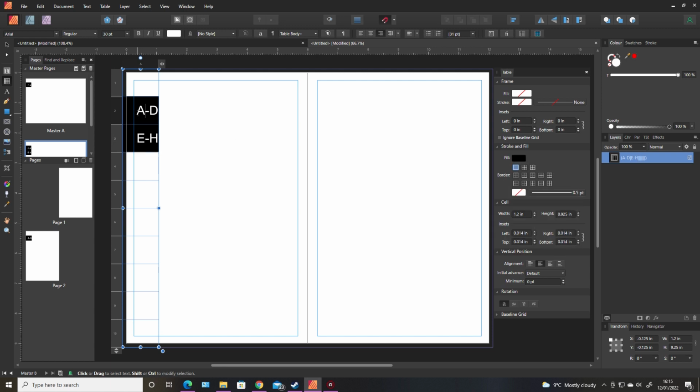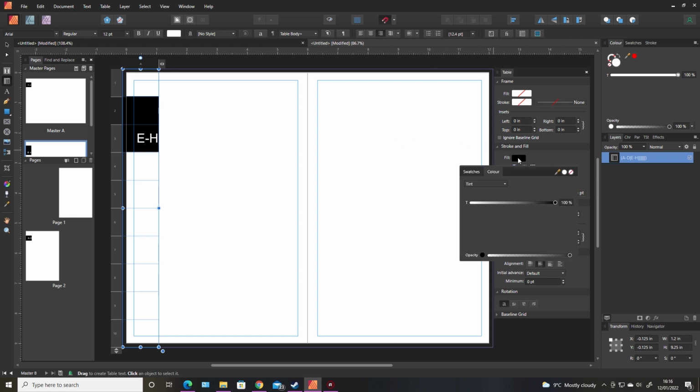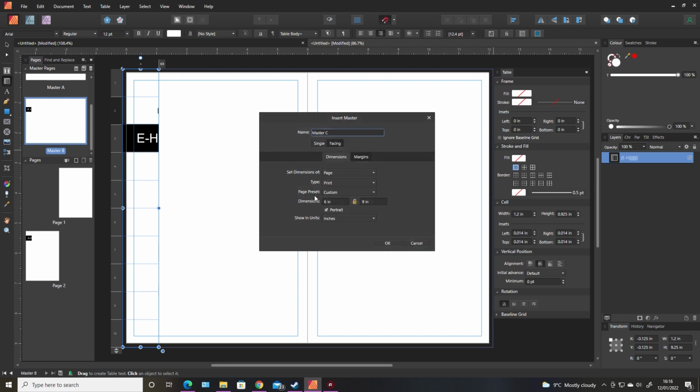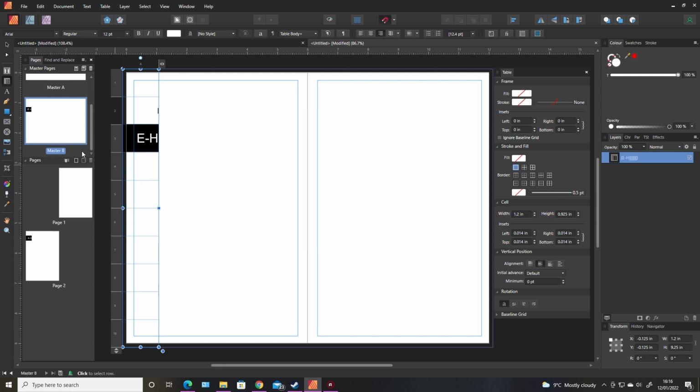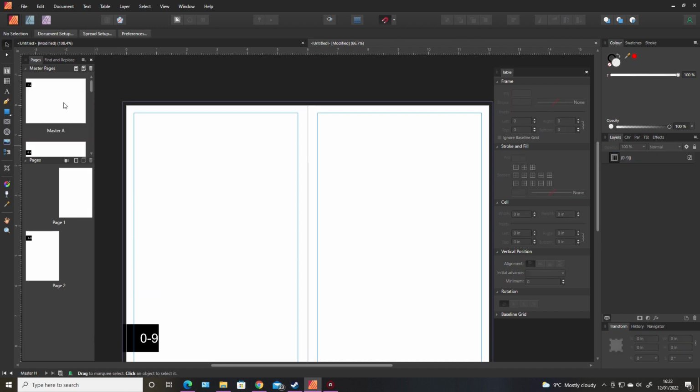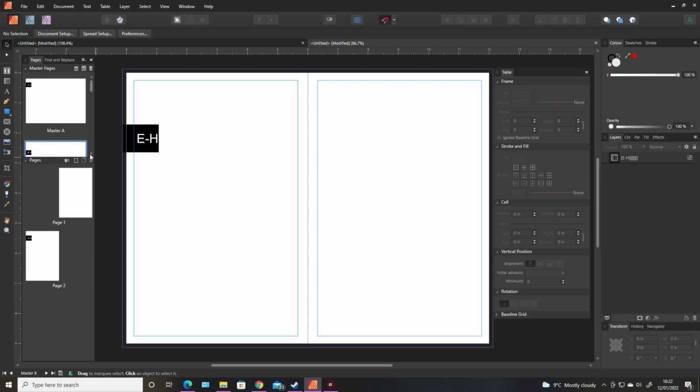Remember to delete the one above as well. And it's as simple as that. Just do this for as many sections as you need. Oops. So I'll quickly do this and I'll come back here when it's done. So that's it. As you can see, I've got